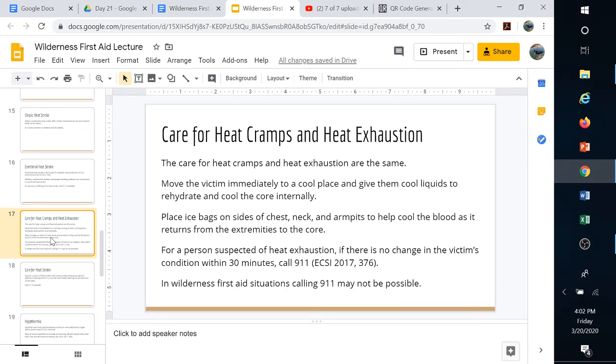Give them cool liquids. That'll help cool their core internally. Also, it'll help rehydrate them. Place ice bags if you have them, or cool pieces of cloth along the major arteries, so up underneath their armpits, up near their carotid arteries, up to the brain, because we're really worried about those organs getting cooked, especially